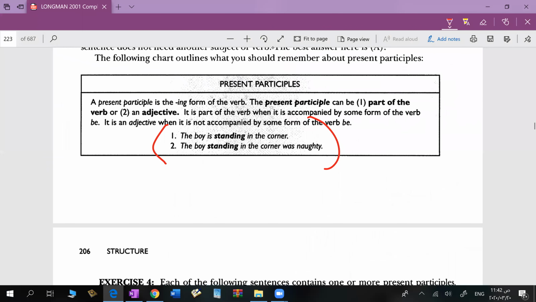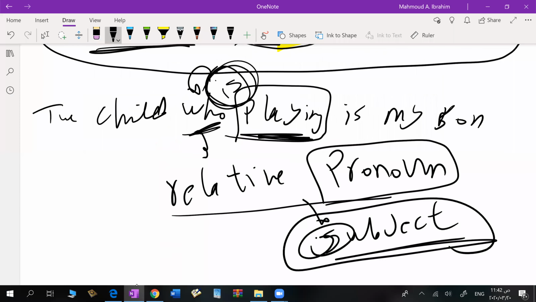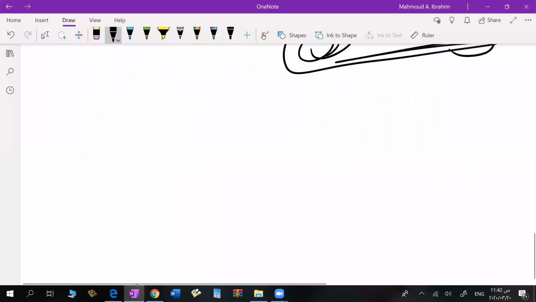The boy is standing in the corner. This is a correct sentence. Or "the boy standing in the corner, Melu, was naughty." So you cannot say "the boy standing in the corner" and just finish the sentence right here, because this is not a complete sentence. I always see this error in IELTS writing. I always see errors like this. For example,